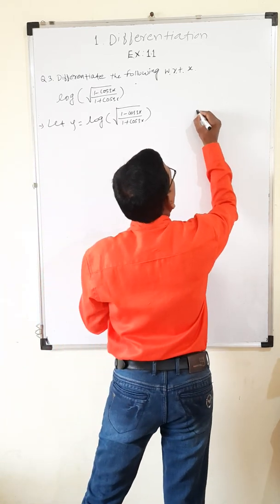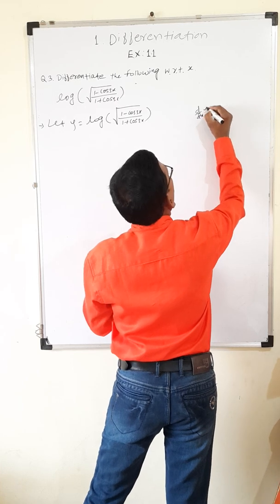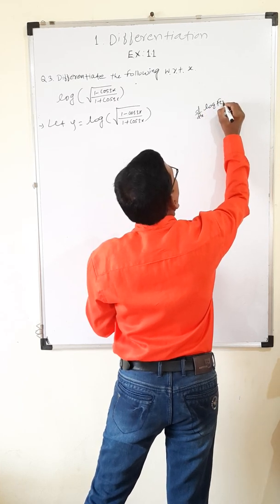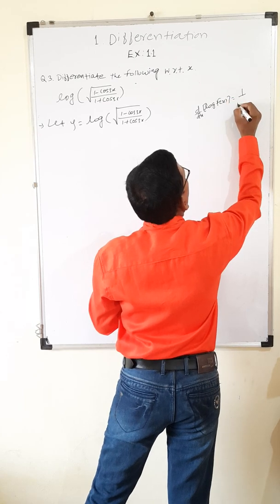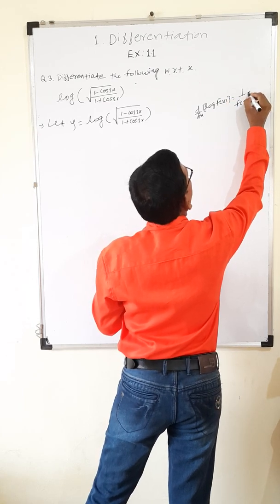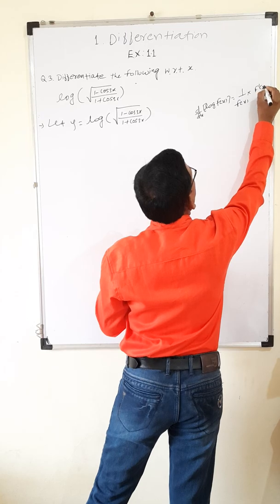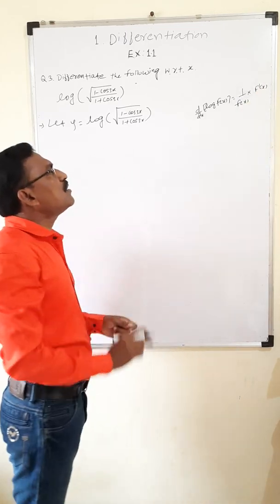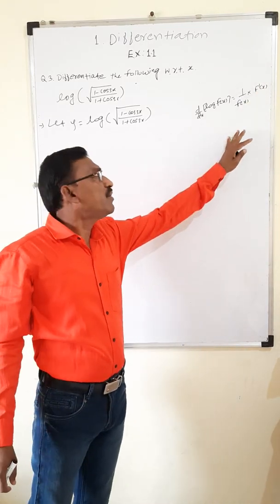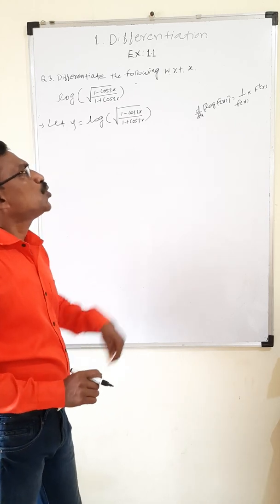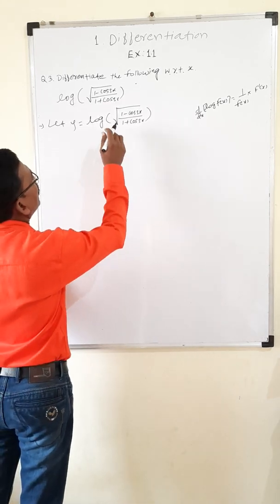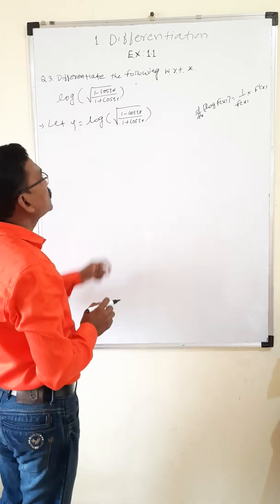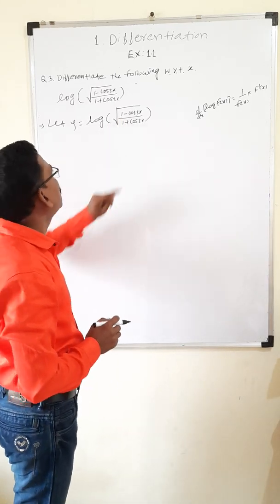So the derivative of log of function f of x is equal to 1 by f of x into the derivative of that function, f dash x. So this is the derivative of a logarithmic composite function, 1 by f of x into f dash x. So here due to this square root sign, we again use here